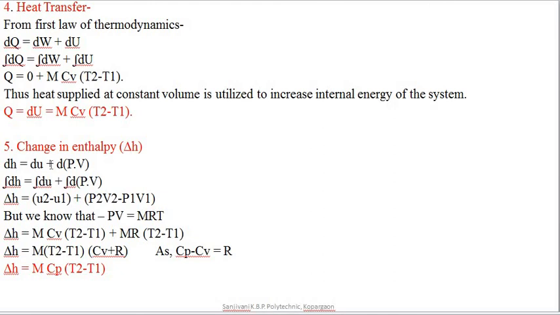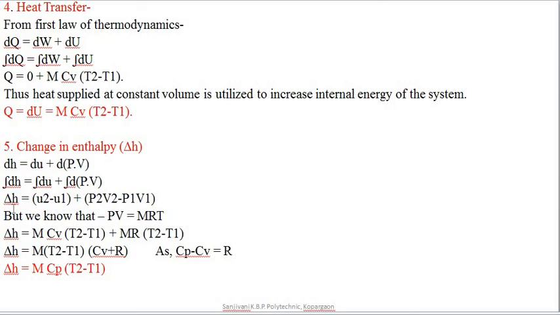Now we know that in the first chapter itself we have seen the definition of the enthalpy. So enthalpy can be mathematically calculated as the summation of the internal energy plus the flow work. So we have written this equation as dH is equal to dU plus d(PV). PV is nothing but pressure into specific volume, that is the specific flow work. Therefore, to find the total enthalpy, we are integrating this equation between state points 1 and 2.